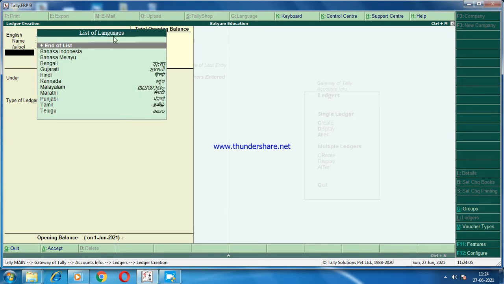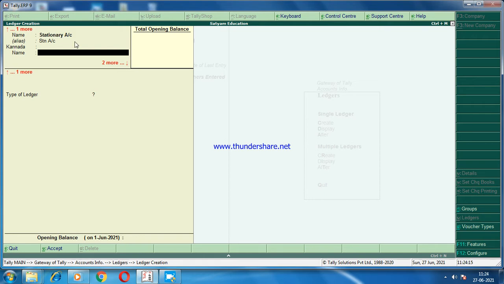That displays the list of languages. Now I will select Kannada. Now the name of the ledger. Here it is Stationery Account.